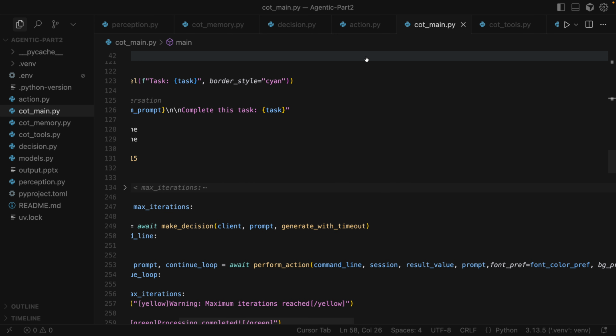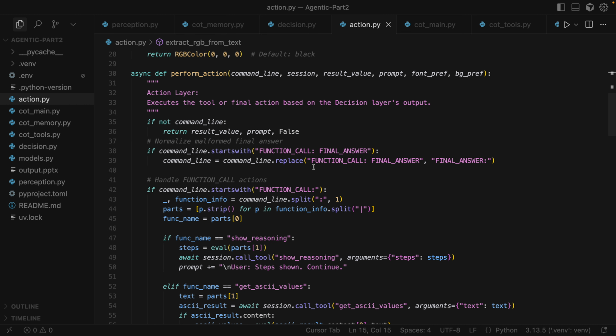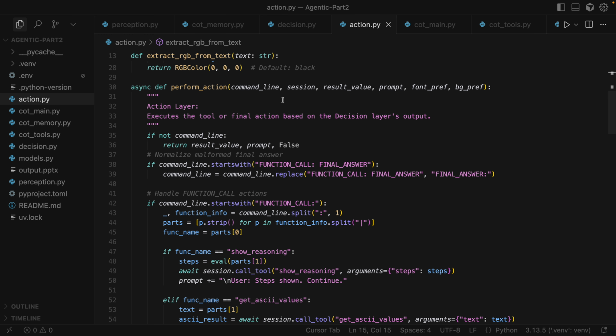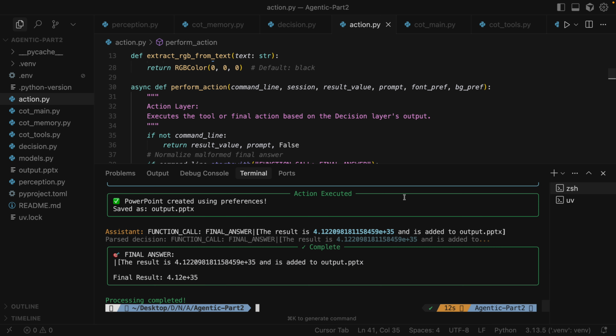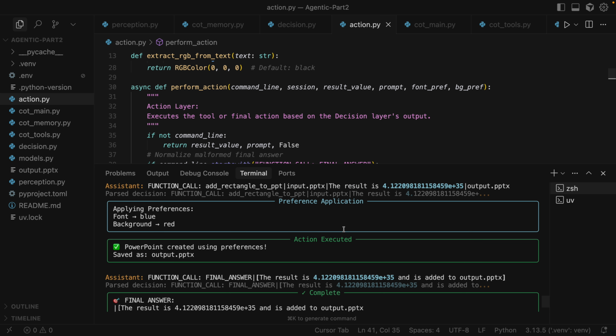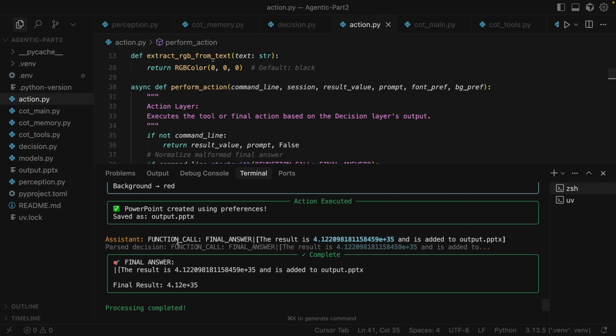and from here the control will go into action.py, where depending on what is the command line, which is nothing but what is a function to be called, all of that processing happens over here. And ultimately, once the action is executed, this is what we see, where you can also see, based on the preferences, when it's adding the rectangle, it considers the preference applications, as you saw in the memory.py file, where my font was blue and my background was red. Once that is done,